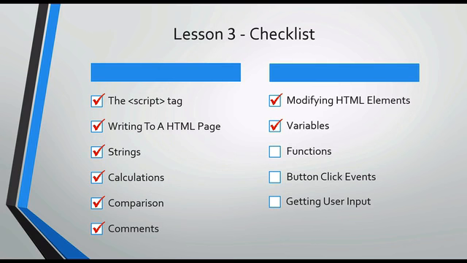So, we covered the script tag. We wrote to an HTML page, all kinds of different things we can do with JavaScript at a basic level, like calculations, comparisons, and so on and so forth. We modified our HTML page, we stored some things inside of variables, then we took a look at functions triggered by button clicks, and how to get user input and put it on our HTML